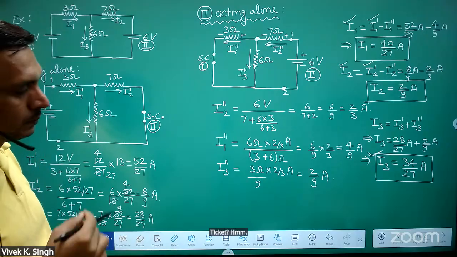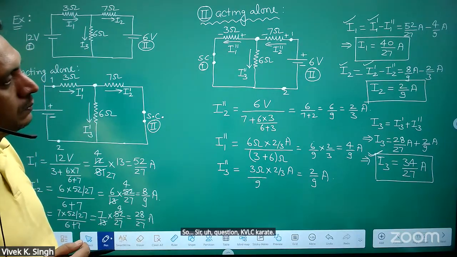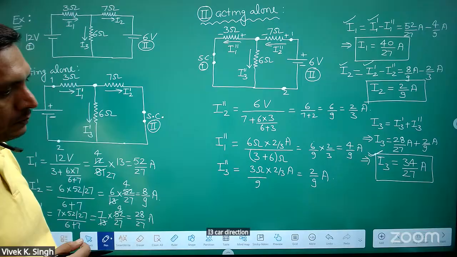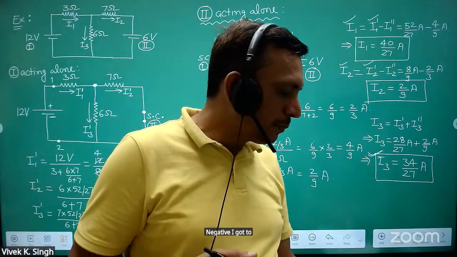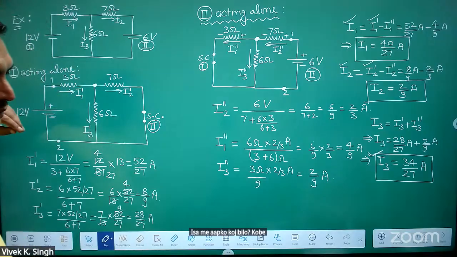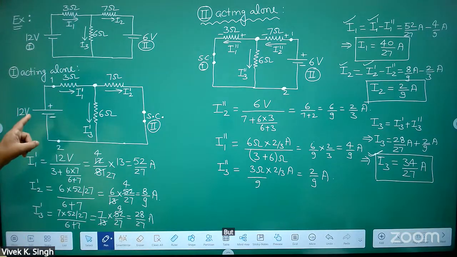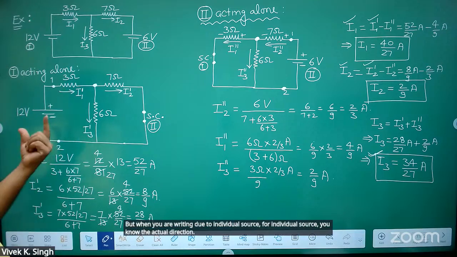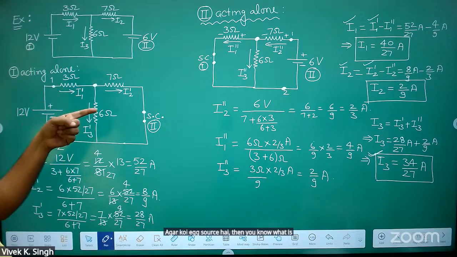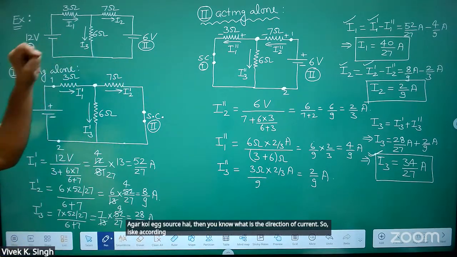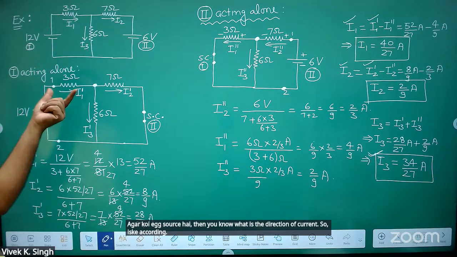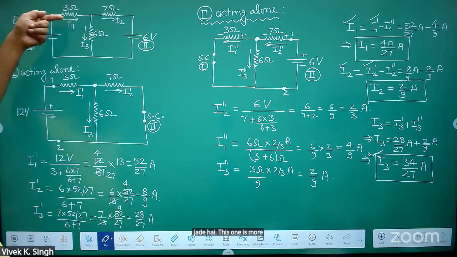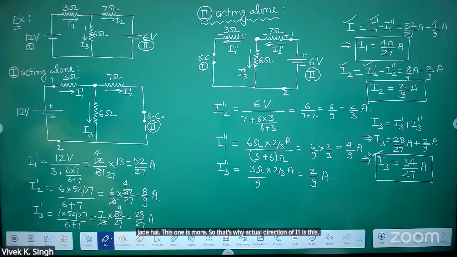सर, जब ये वाला क्वेश्चन केवीएल से कर रहे थे तो हमने पहले I1 I2 I3 का डायरेक्शन कुछ भी ले लिया था कि बाद में अगर नेगेटिव आएगा तो रिवर्स कर देंगे। इस समय भी आपको कुछ भी ले लो, कोई भी डायरेक्शन ले लो, but when you are writing due to individual source, for individual source you know the actual direction. अगर कोई एक सोर्स है then you know what is the direction of current, तो इसके अकॉर्डिंग फिर आप इसका डायरेक्शन बता सकते हो कि कौन सा मैग्नीट्यूड ज्यादा है। जैसे ये देखो, इन दोनों में कौन सा ज्यादा है, this one is more, so that's why actual direction of I1 is this।